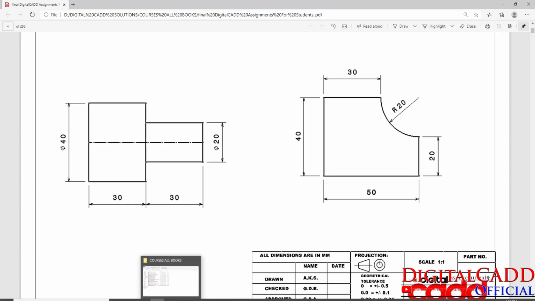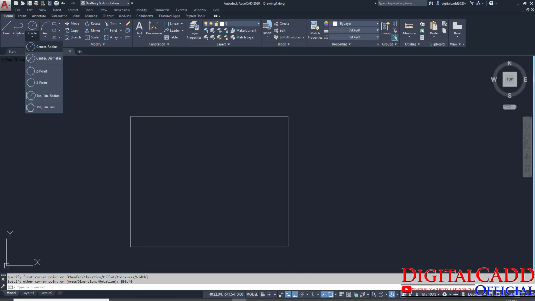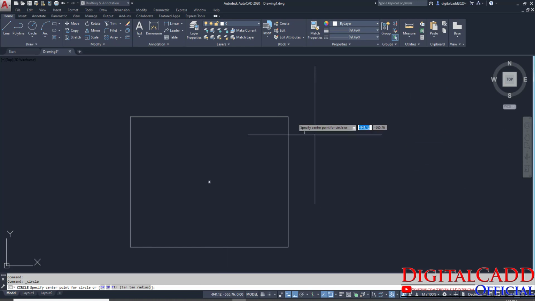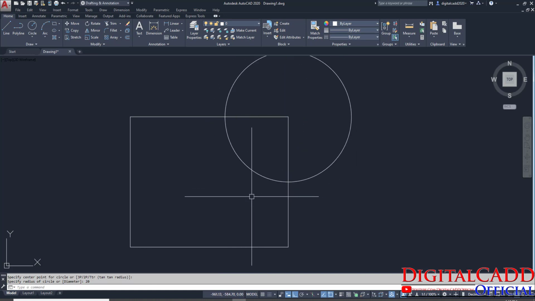Now it's time to create one circle of radius 20. So you can see here we have the center and radius type of circle. Click here, specify the center point, and the radius would be 20, enter.